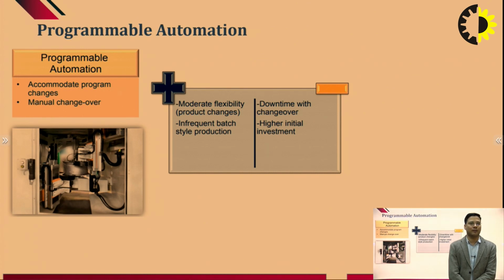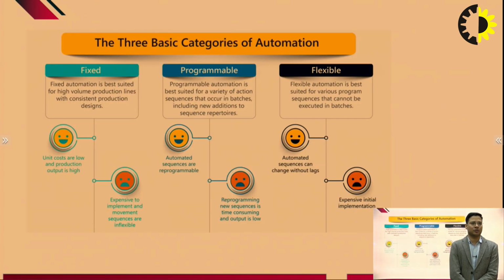This led to downtime. So this is one of the highest disadvantages: when machines can be programmed or changed continuously at any point of time, this has led to a high initial investment cost. Comparing all three categories of automation, there was low cost in fixed automation, whereas in programmable automation we got more benefits in terms of the sequence of operations. In flexible automation, the advantage is that sequences can be changed at any point of time.